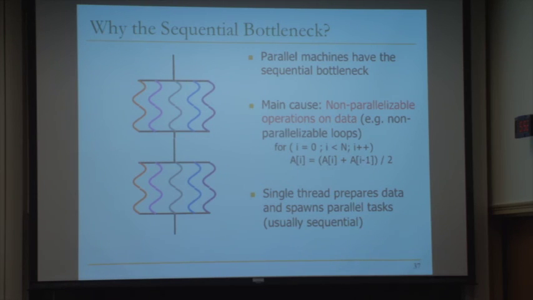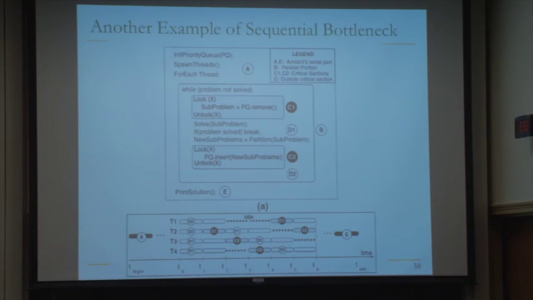Make sense? Okay. And you'll read this paper that will be assigned that shows an example, if you will, I guess from a very generic example that looks at a task tree, basically. Basically, you spawn threads initially and set up the data for each thread. That part is not parallelizable. And this is a parallelizable part of your program. While the problem is not solved, you generate new problems, subproblems.